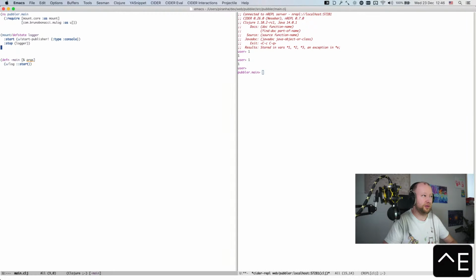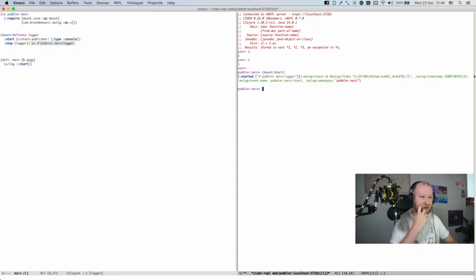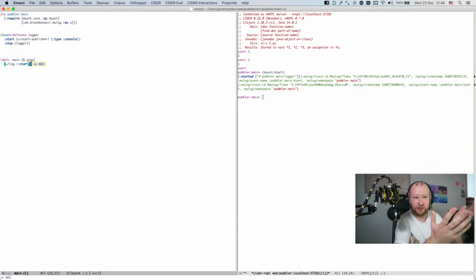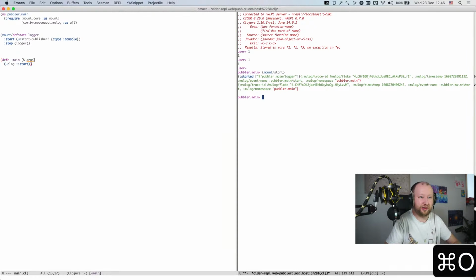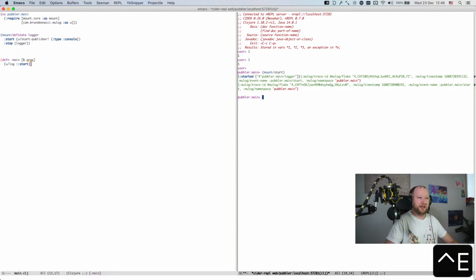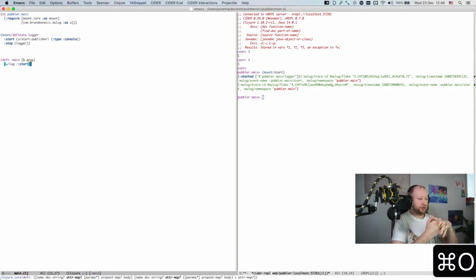Does it work? No, because the logger is not started, and I'll just start that logger. Yeah, and there is my log from mulog. It says something, right? It says event name is publisher. Whoa, publisher main start. Okay, so